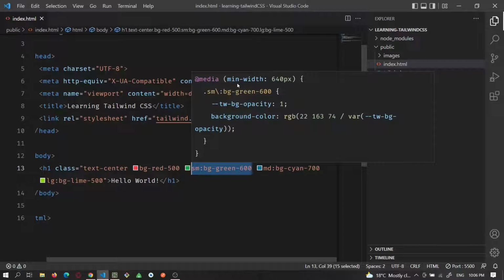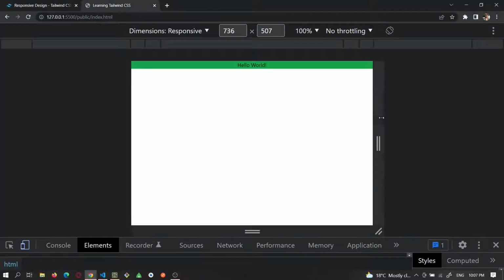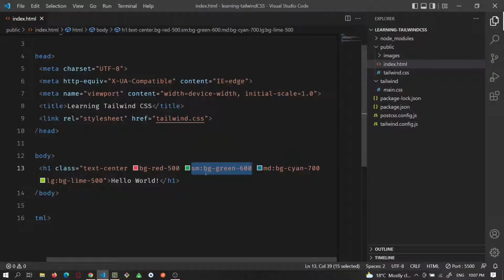So we are applying these styles for the minimum width of 640 pixels. Let's go to a smaller screen size, and we can see that the background color is changing. So that's how simple it is to use the responsive design system of Tailwind CSS. All we need to do is add some prefixes and then the class that we want to